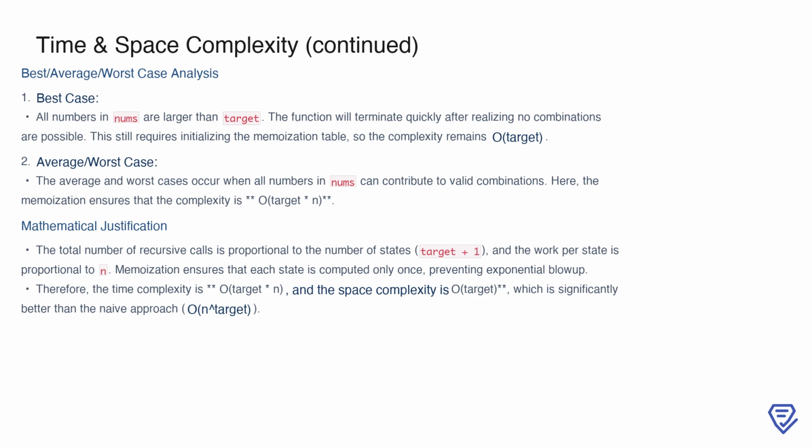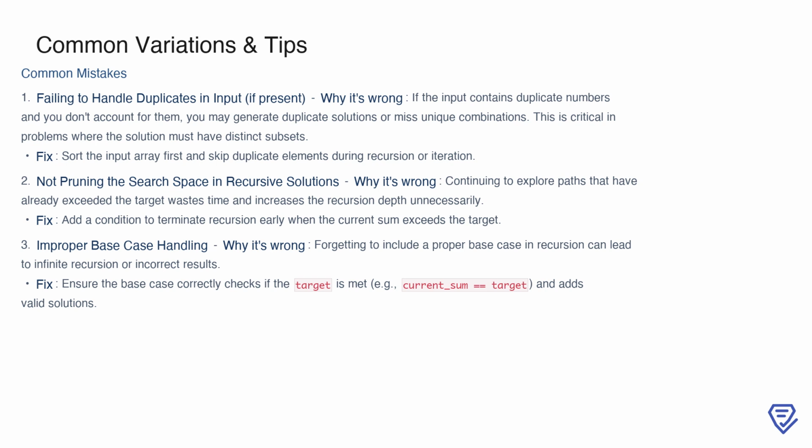One common mistake in problems like Combination Sum 4 is failing to handle duplicates in the input. If the array contains duplicate numbers and you don't account for them, you might either generate duplicate solutions or miss unique combinations entirely. This is especially problematic in cases where the solutions must have distinct subsets. To avoid this, a good practice is to sort the input array first and skip over duplicate elements during your